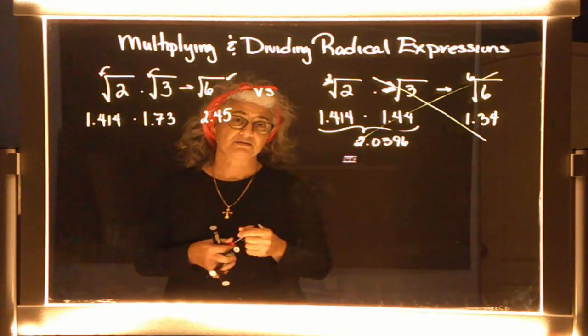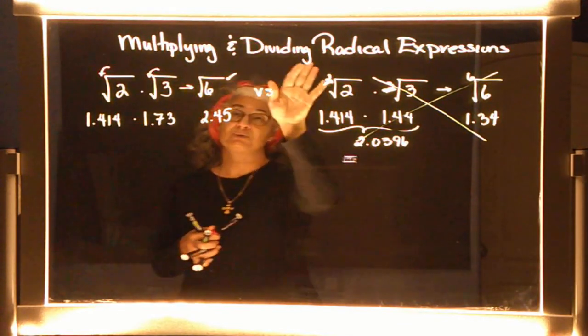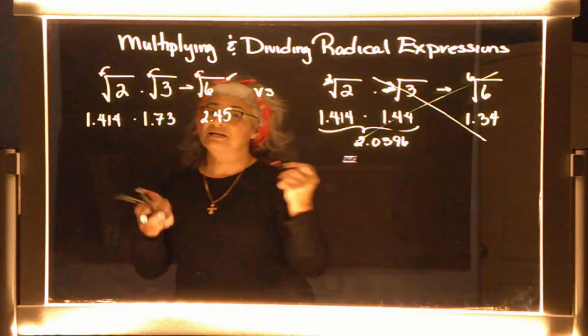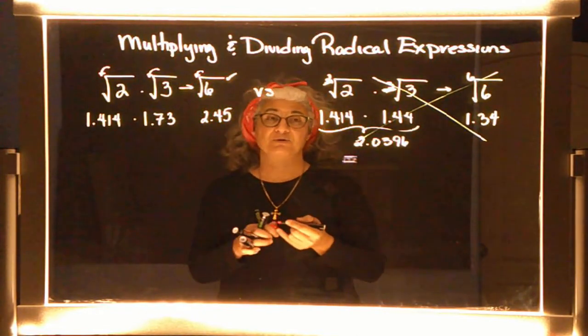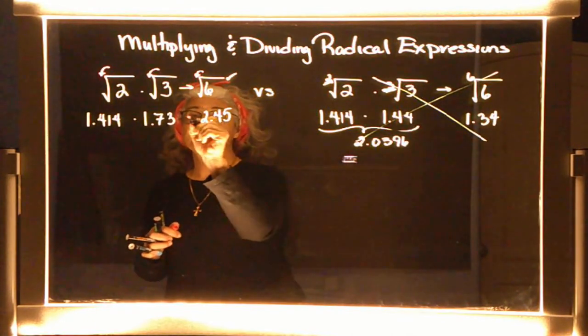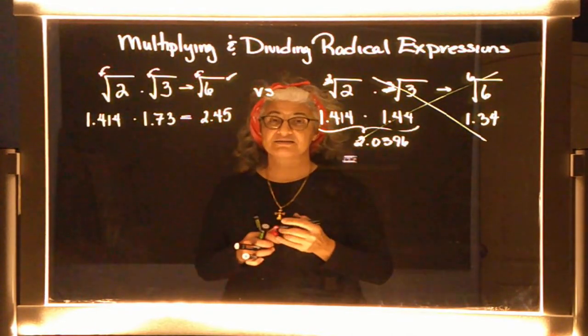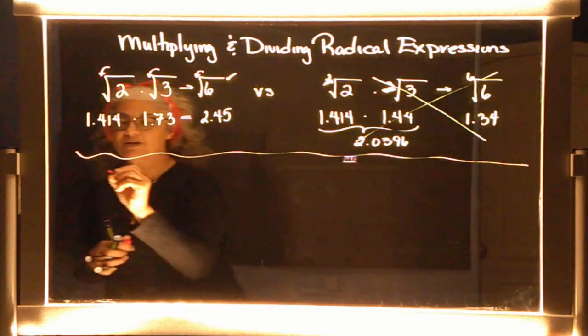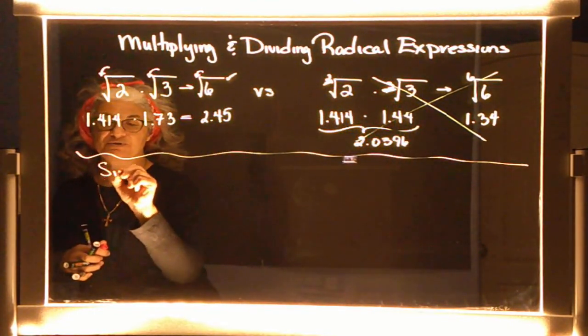With me? If you're going to multiply radicals or divide them, these roots must be exactly the same because you end up with, in this case, a square root. And I just showed you decimal-wise that this actually works and this doesn't. So, if I want to simplify,